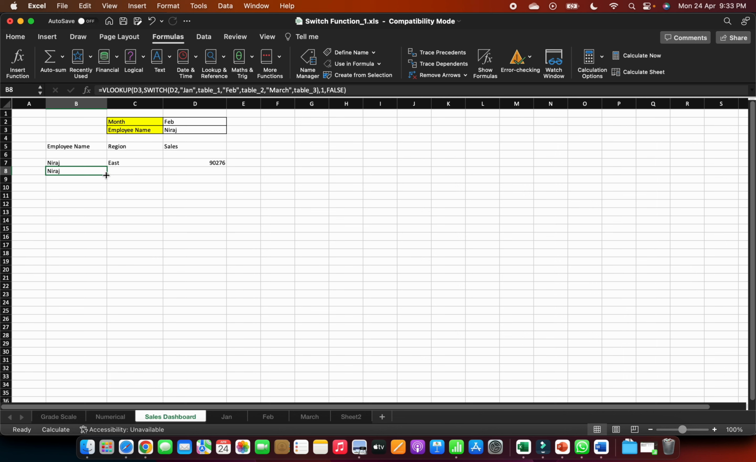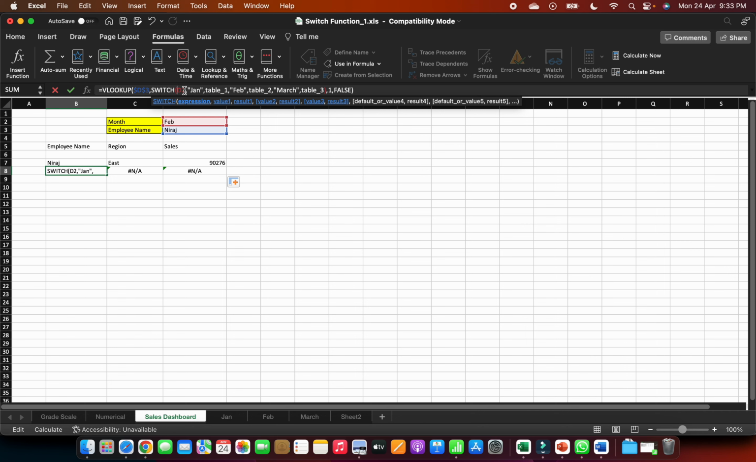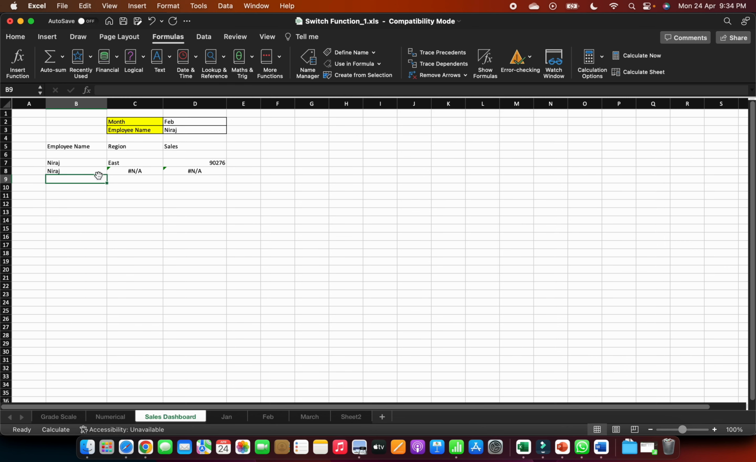Now I will just drag it here. It is giving an error. Why? Because we have not locked the references here. So we will lock this: D3 should be locked with function F4, and D2 should also be locked with F4. These are the 2 points where we have to lock. That is done. Now if I just drag it here,